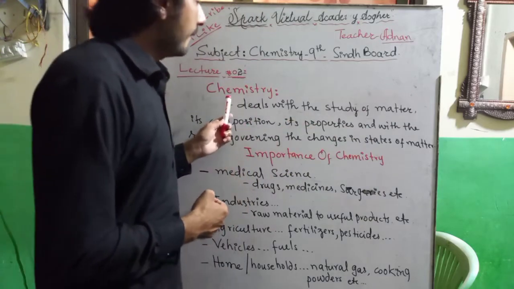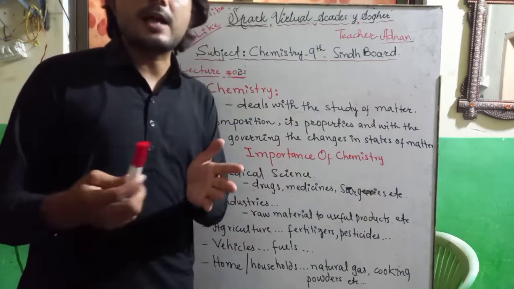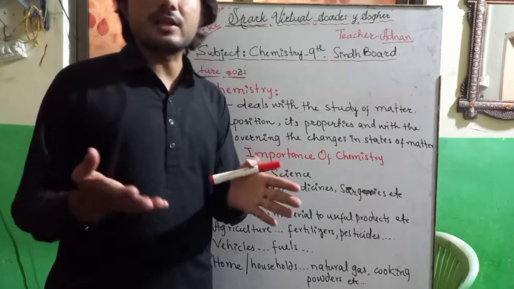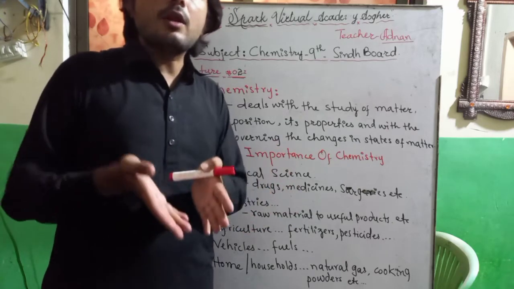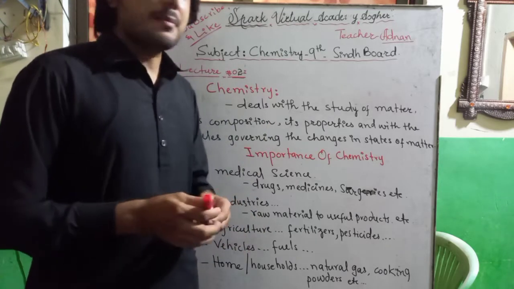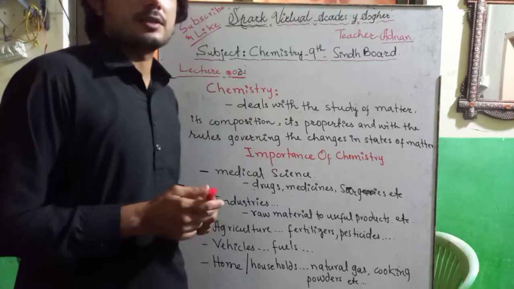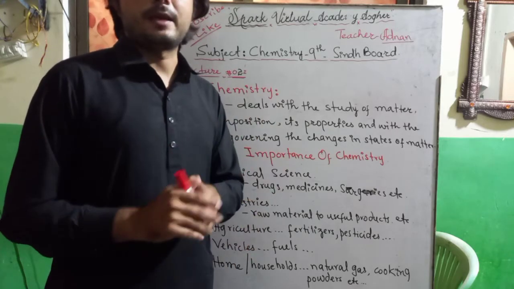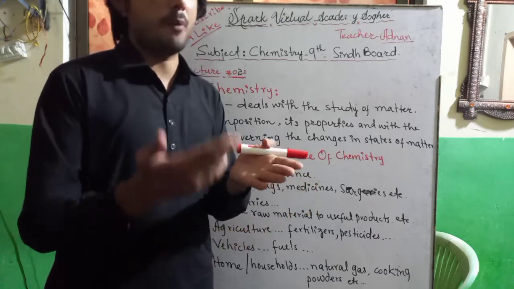As you can see here, chemistry is the branch of physical science. Physical science means we will study the non-living things in chemistry. Basically, chemistry is the branch of physical science which deals with the study of matter, its composition, the properties of